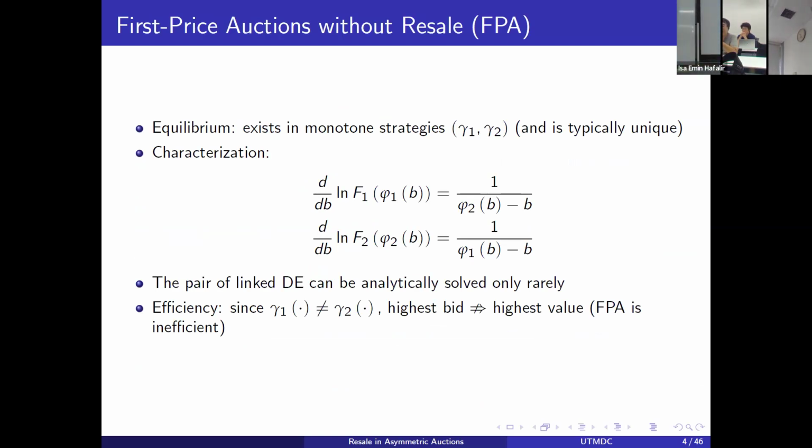Think about bidder 1. Let me draw something: this is bidder 1's bid and this is bidder 2's bid without resale. Think about bidder 1 or bidder 2 who is thinking of increasing the bid just a little bit. Rather than bidding B in equilibrium, let me consider bidding B plus epsilon. There are pros and cons of this, right? The con is that whenever I get the item, I'm paying epsilon more. But the pro is